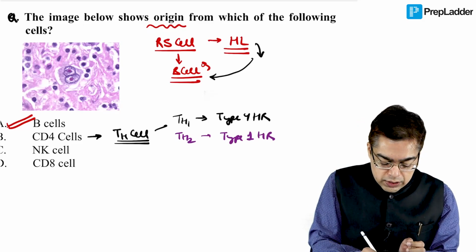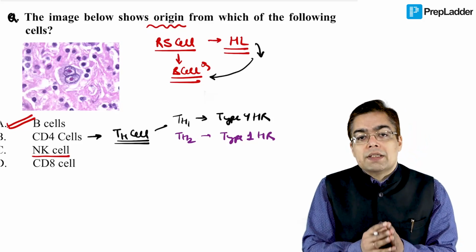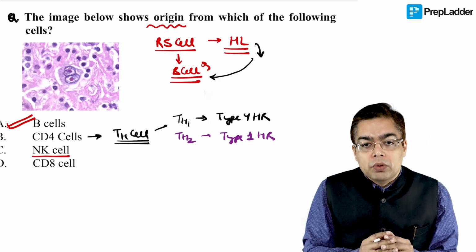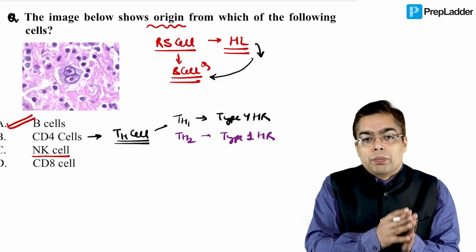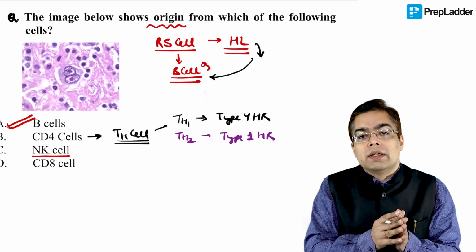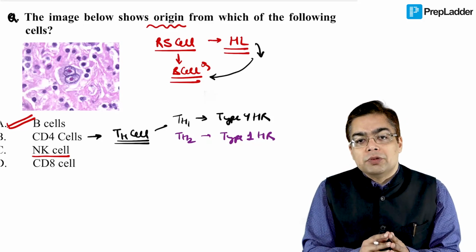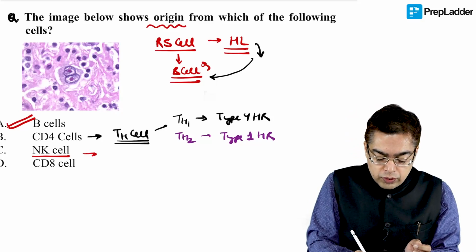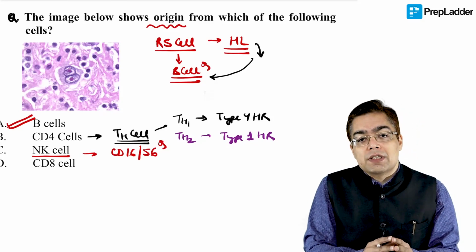Option C is the NK cell, a very favorite of your examiners, an important example of a cell which is an integral component of innate immunity. The natural killer cell acts by directly acting on the cancer cells as well as the virus-infected cells. So it is a very important defense mechanism against virus-infected and tumor cells. I hope all of you can also recall the markers by which we pick up the NK cell, that is CD16 and CD56.